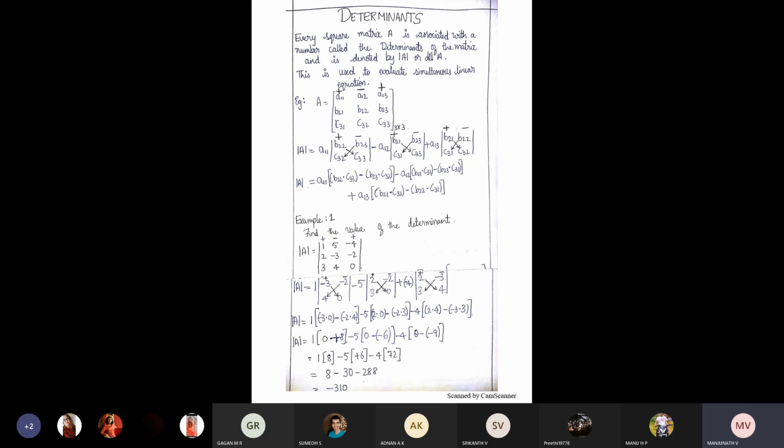Now, if you take A11 as the starting initial coefficient, we are suppressing the first row and first column. Here, in 1,1 the first number represents the row and the next the column. 1,1 means first row, first column. 1,2 means first row, second column. 1,3 means first row, third column.